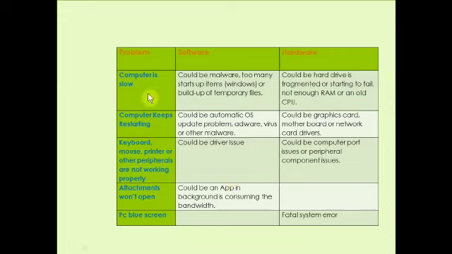Suppose your computer is working slowly. It can be a software problem or it can be a hardware problem. If it is due to a software problem, then it could be malware, means a type of virus, or you may have opened many programs at a time, or there is a build up of temporary files caused by a virus. Or it could be a hard drive problem, that is, it is fragmented or starting to fail, or you have very little RAM or an old CPU, so that your computer becomes slow.